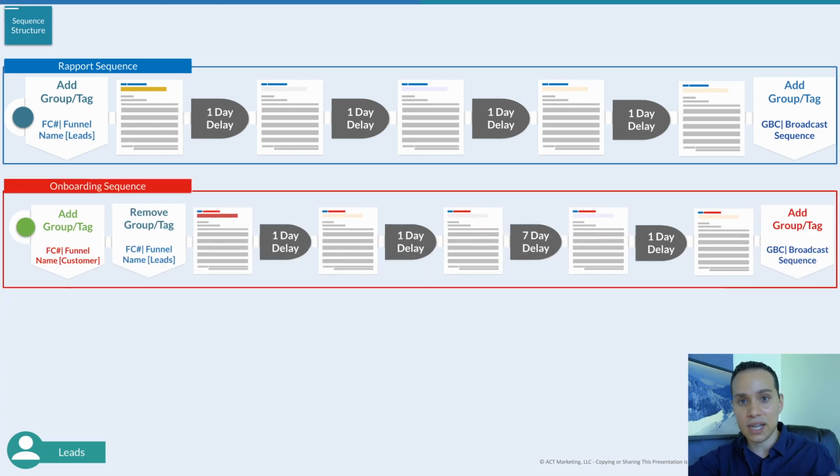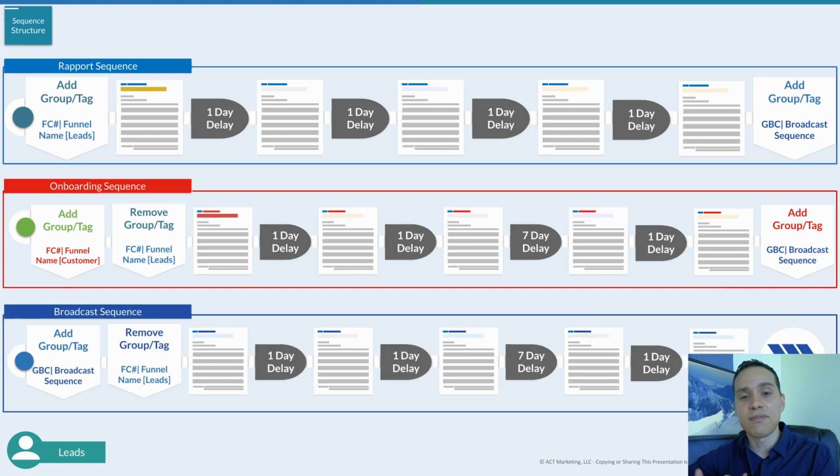Then we create a customer sequence, and this is a 3 to 5 email sequence where someone is encouraged to use the product they just purchased, right? And then, of course, we'll also try and get some testimonials during that process and upsell them on a bigger package offer or service. Finally, you have your broadcast list, which technically isn't part of this whole funnel building process,